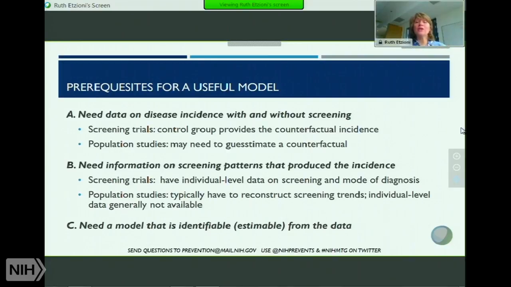We need information on screening patterns that produce the incidence. We can't just look at incidence. We need to know how much screening happened. In clinical trials, screening trials, we often have individual level data on screening and mode of diagnosis. In population studies, we typically have to reconstruct screening trends based on administrative or claims data. And the third criterion is that we need a model that we can identify or estimate from the data. And this might sound esoteric, but I'll try to give you some insight into what I mean by this